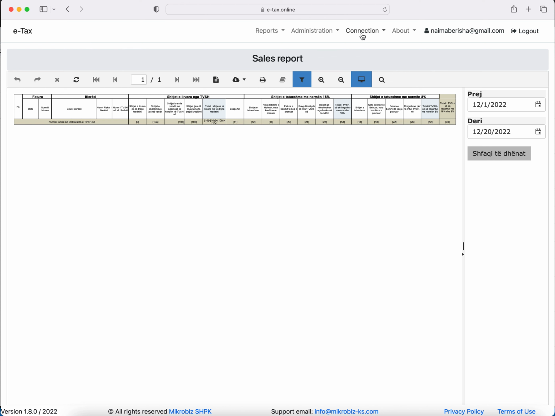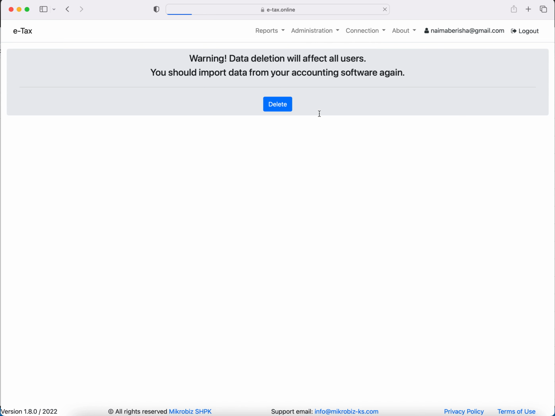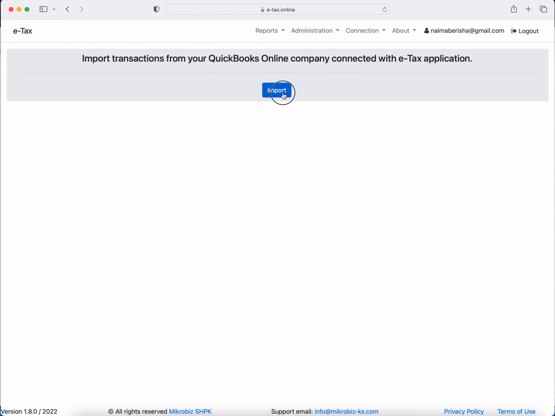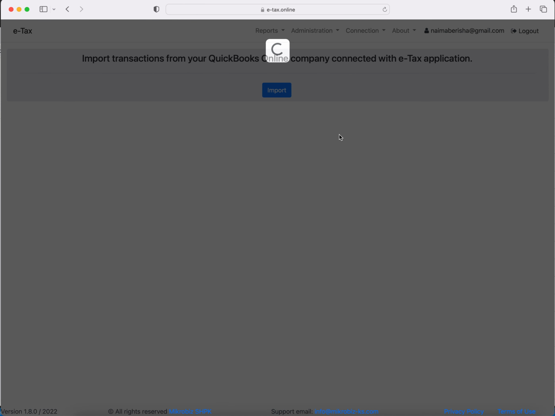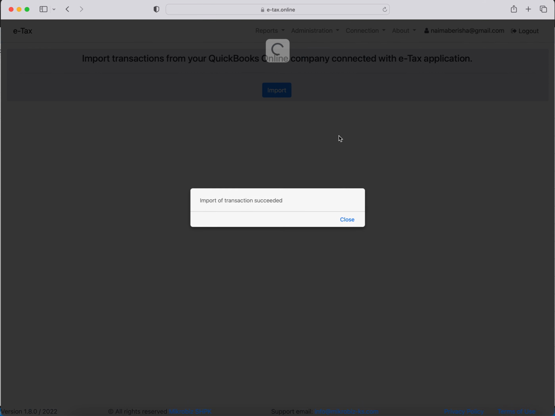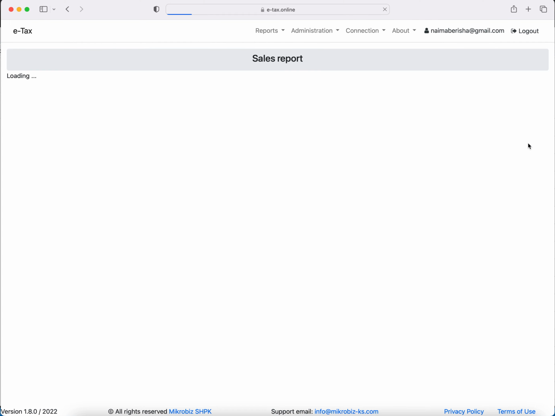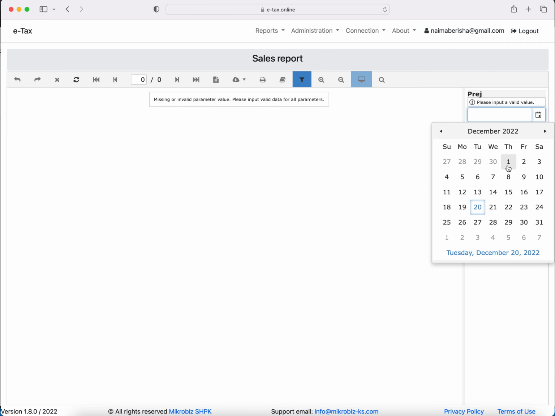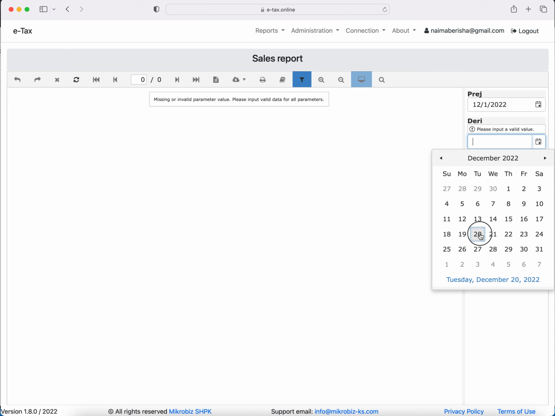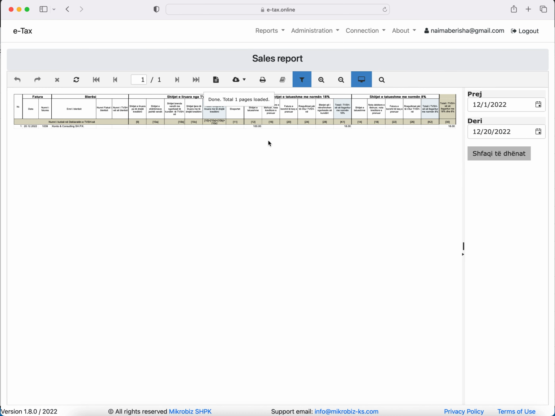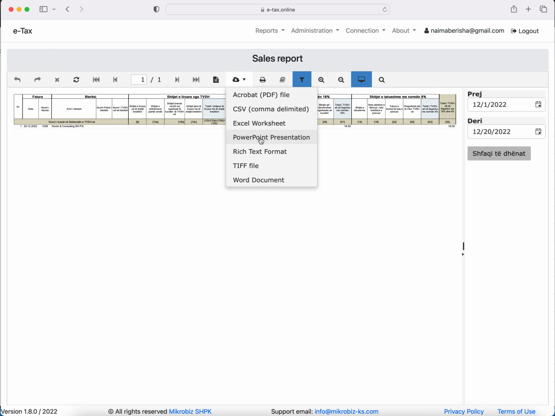We can import data from QuickBooks again. Okay, and now I will run the report again, just to be sure. Data were imported from QuickBooks Online. Yeah, here it is. So this is more or less the eText application, and here you can export data in